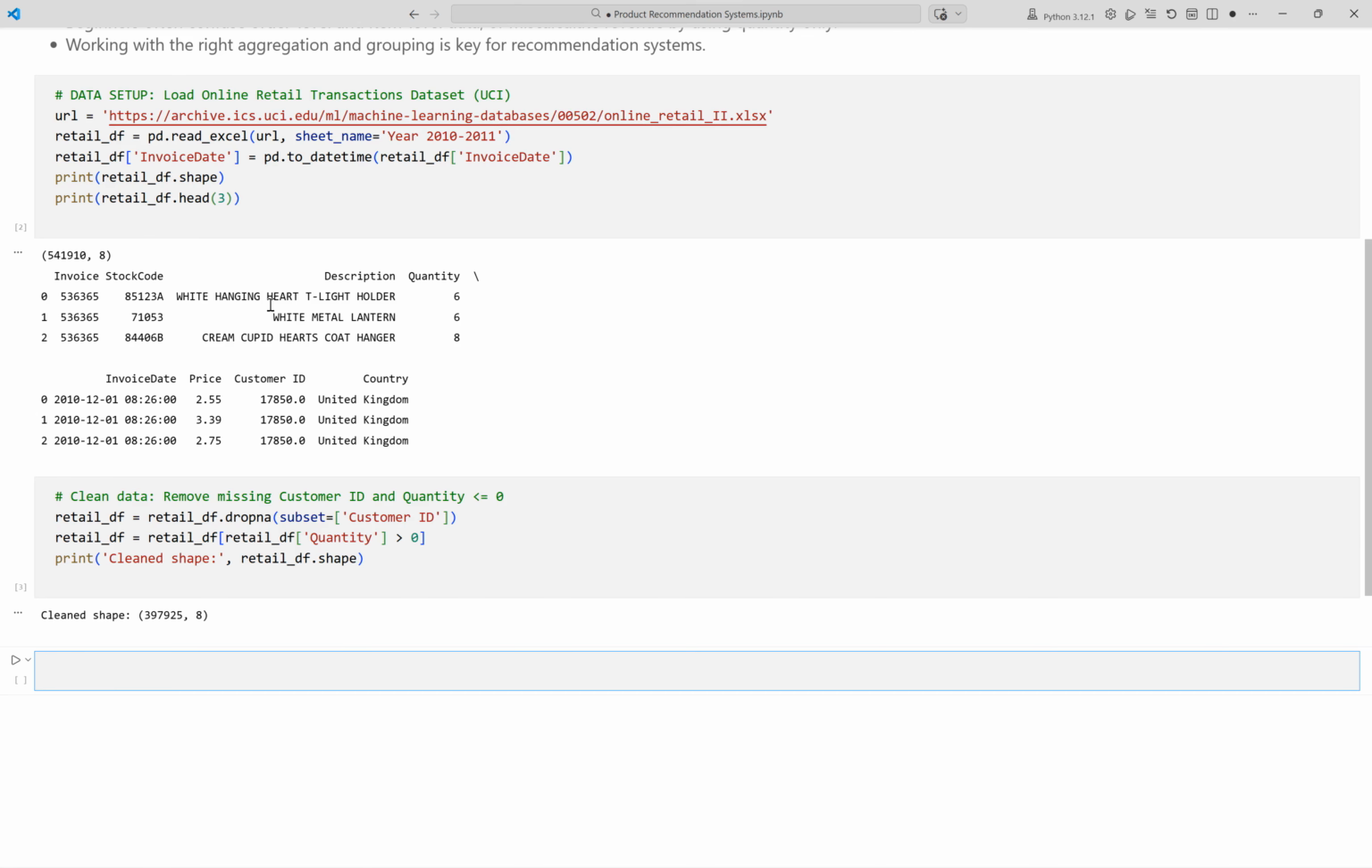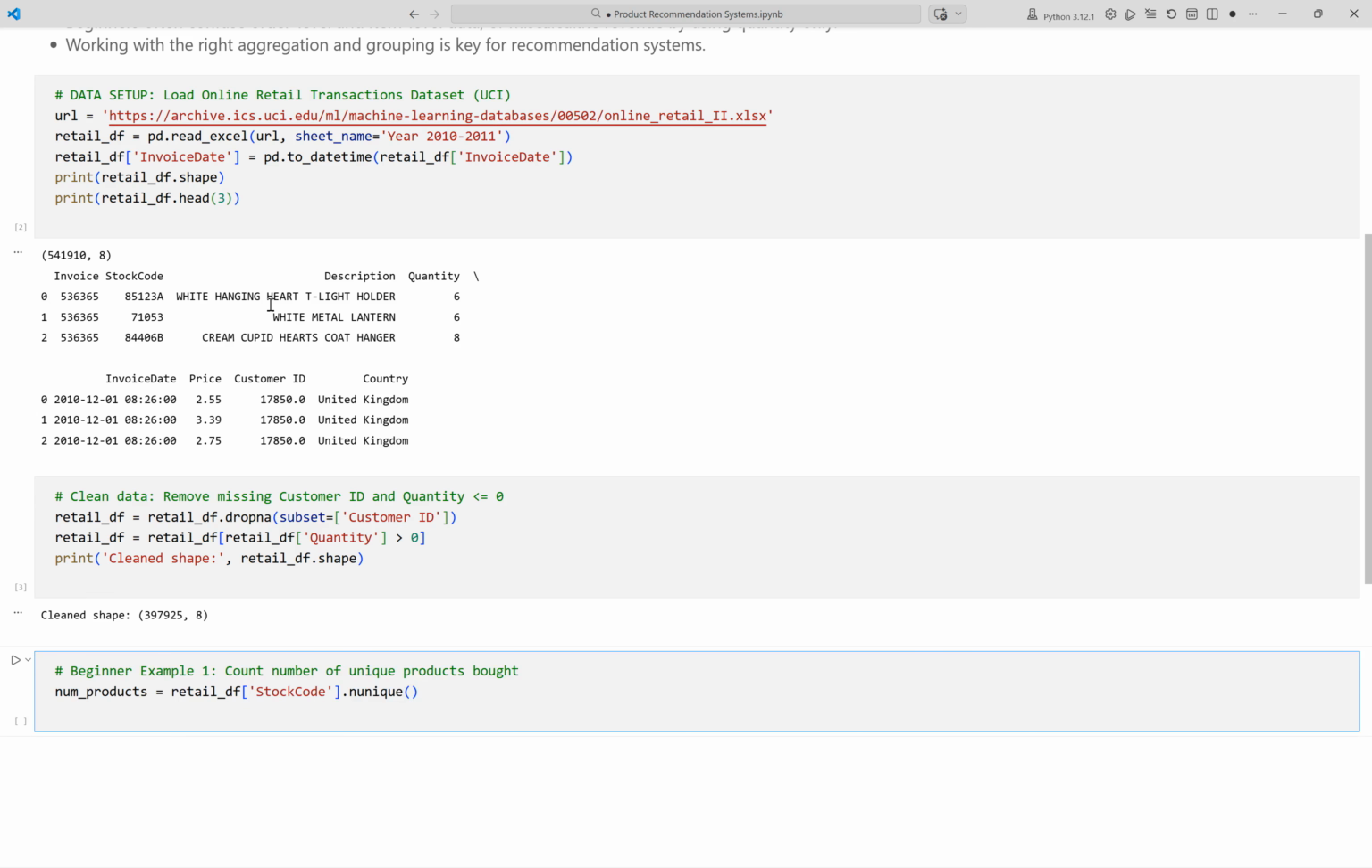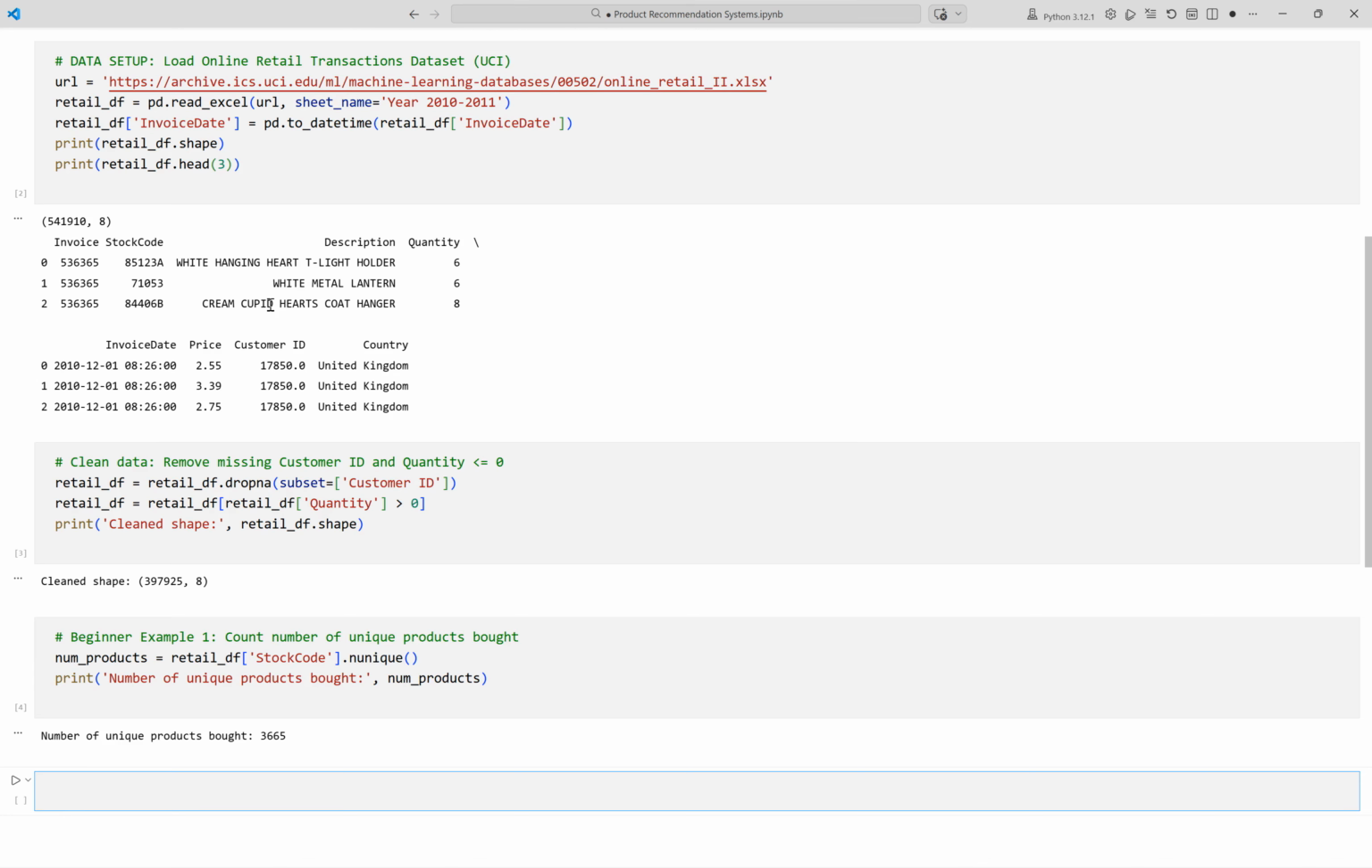Let us start by counting how many unique products were bought in the dataset. We use unique to find how many different product stock codes exist. We print the result, which tells us how wide our recommendation options are. Running the cell now. This output shows the total number of unique products purchased in the dataset, which is